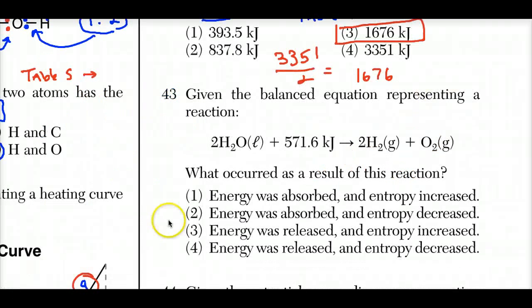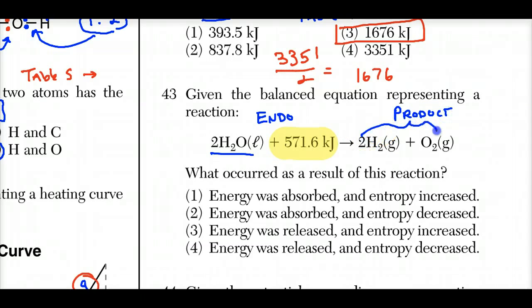Number 43. The first thing that I see is my energy on my reactant side. That screams to me endothermic. That means for this to react to make these products, the product side is right here, I need this reactant to absorb this energy. So energy is on the reactant side, the left-hand side. Energy is being absorbed. It's endothermic, delta H would be positive. But